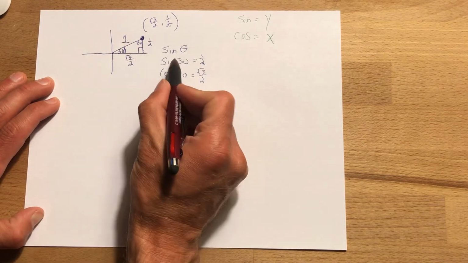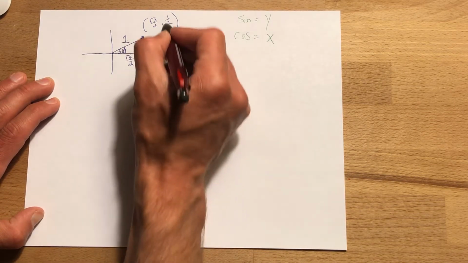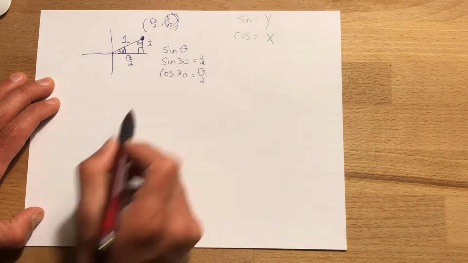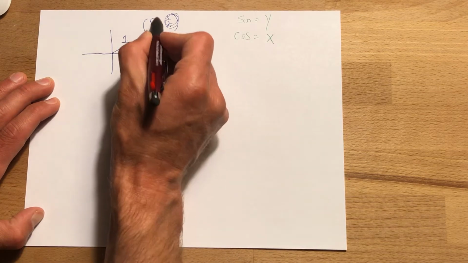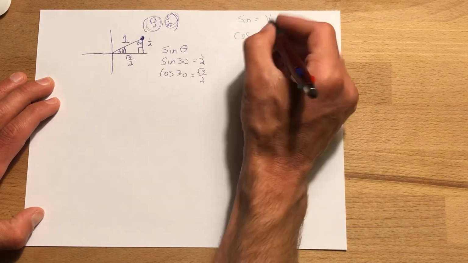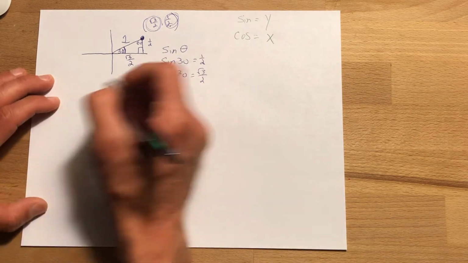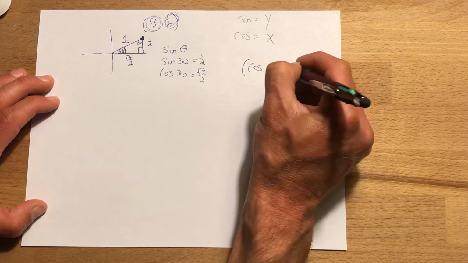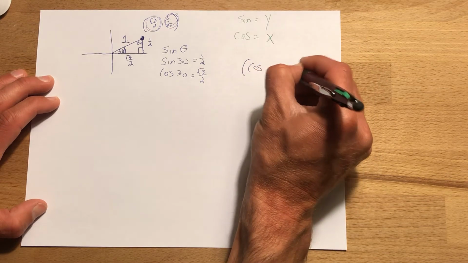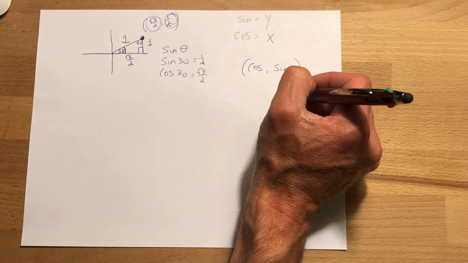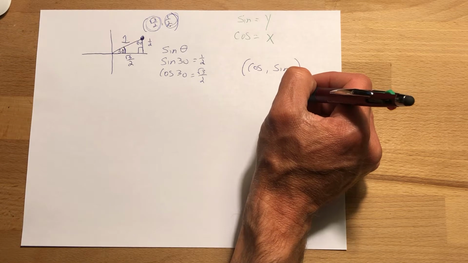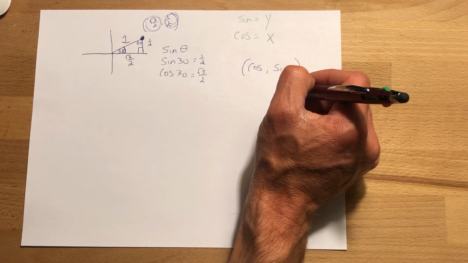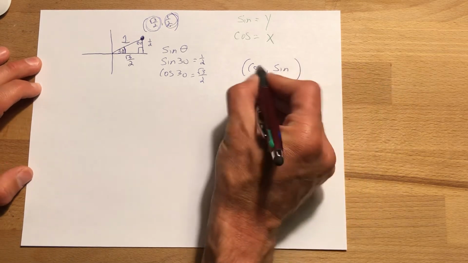So look, sine is always my y number. Cosine, see how it equals root 3 over 2, is always my x. So think of coordinate geometry as cosine is your x and sine is your y. Okay. The reason why that's important is because